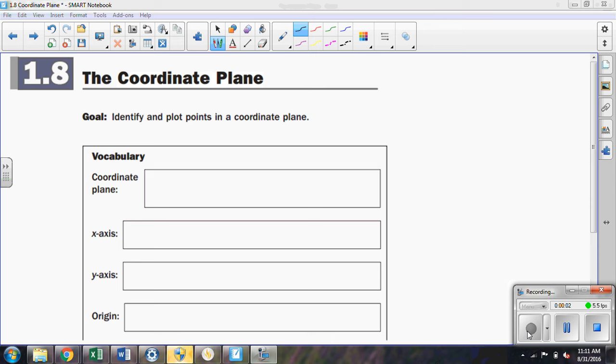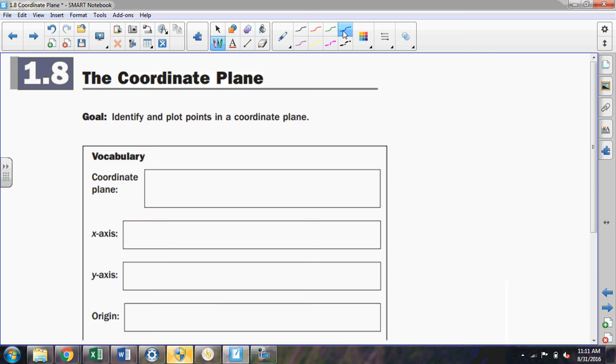In this video, we are going to do a review over the coordinate plane. In short, if you've already got the points plotted, we want you to be able to identify the coordinates of them. And conversely, if you are given the coordinates, you plot the points to create the graph. So the coordinate plane